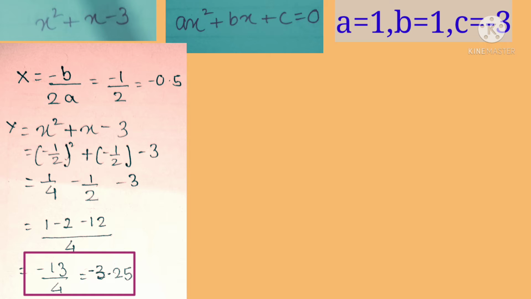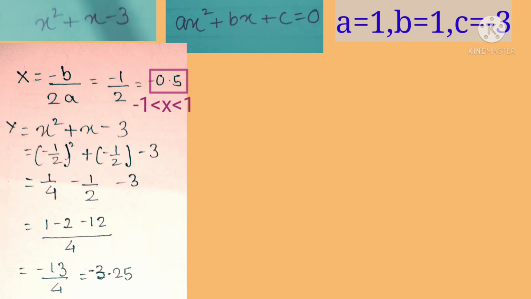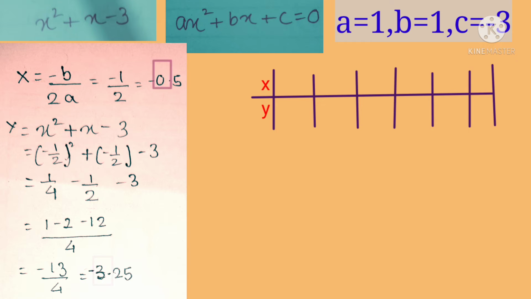So minus 0.5 and minus 3.25 are not convenient to plot in a graph. If we are getting this x value in decimal, the other values also need to be taken in decimal. What we have used here lies between 1 and 1, so we'll take an approximate value of x, like minus 0.5, as 0, and at y we got minus 3.5, so we'll take the answer as minus 3. So for 0, the y value will be minus 3.